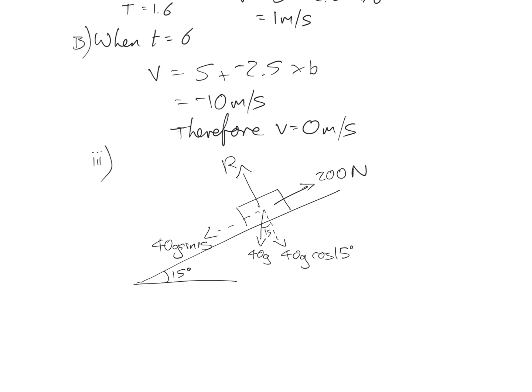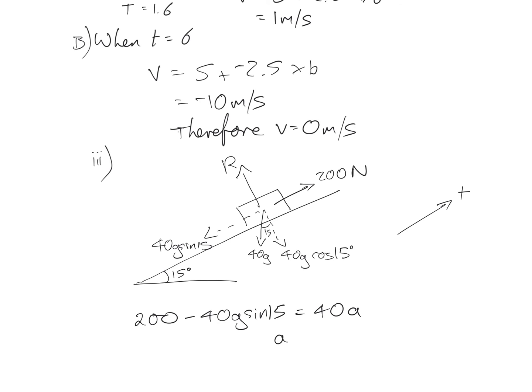Show that when the sledge has moved from being at rest at the bottom of the slope to the point where it's at speed, it has travelled a distance. So we need to get the acceleration. Let's consider this as my positive direction. So 200 minus 40g sine 15